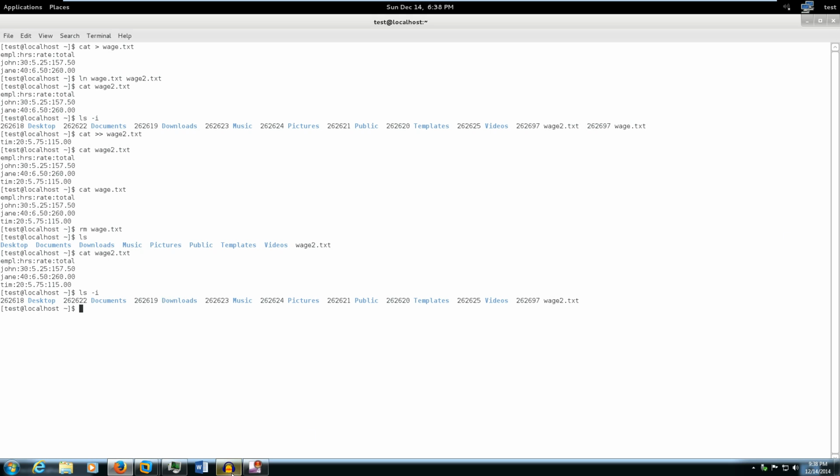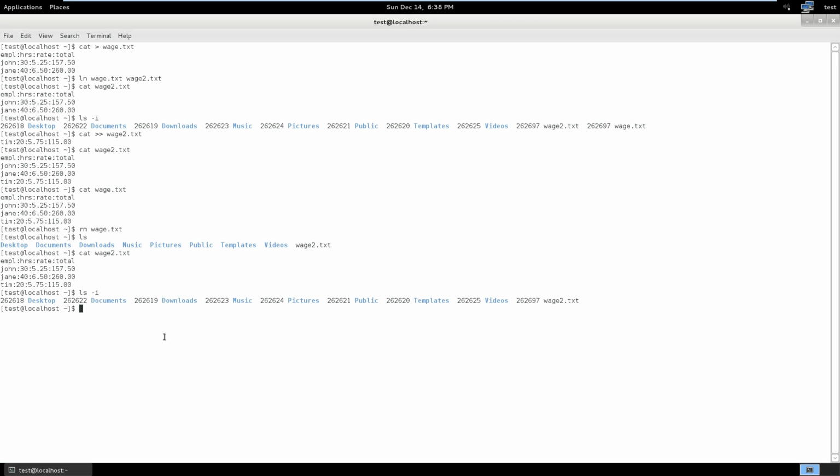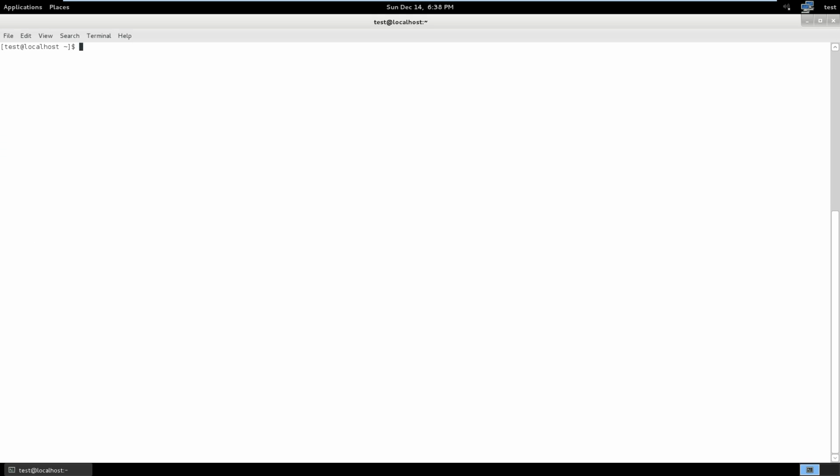So next we'll go over the find command. What the find command does is find files in a directory. So we're going to have to make a directory hierarchy so that it can search through it. So we'll type mkdir. Let me clear my screen here so we can get back to the top. Do a mkdir trees,